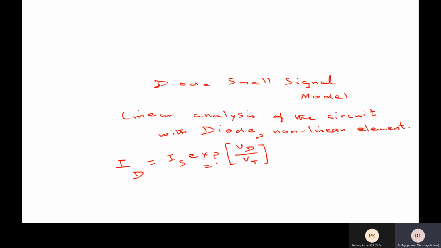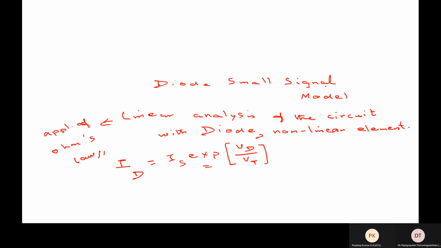In order to apply linear analysis, which means application of Ohm's law, we had come up with the ideal diode model, which tells you that under forward bias, the diode acts like a short circuit. The current readily passes through. With the constant voltage drop model, we assume that the constant voltage is 0.7.